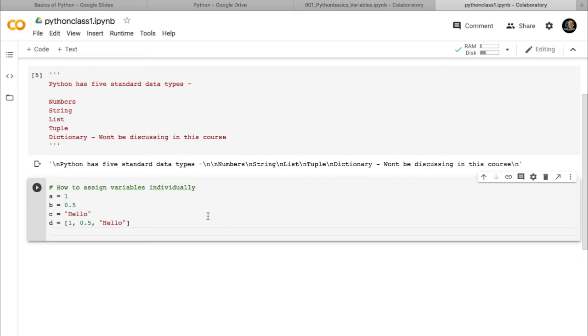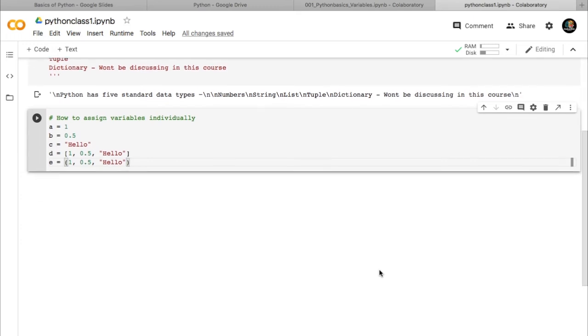It can be any type of variables inside the list. Then e, I can give it inside normal brackets, 1.5 and hello. So e is nothing but a tuple. This is how we assign variables individually in Python.